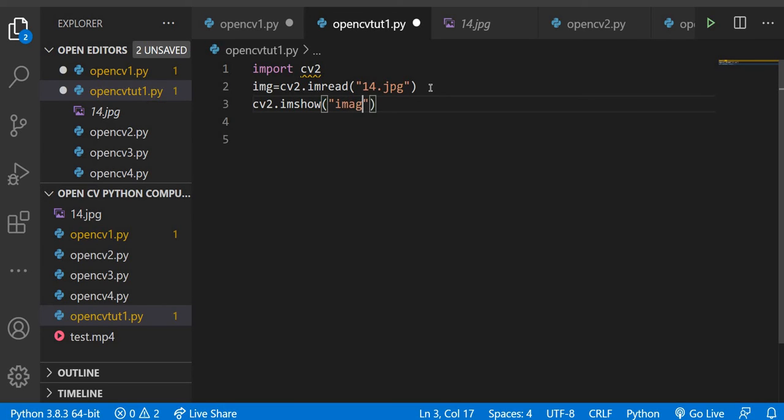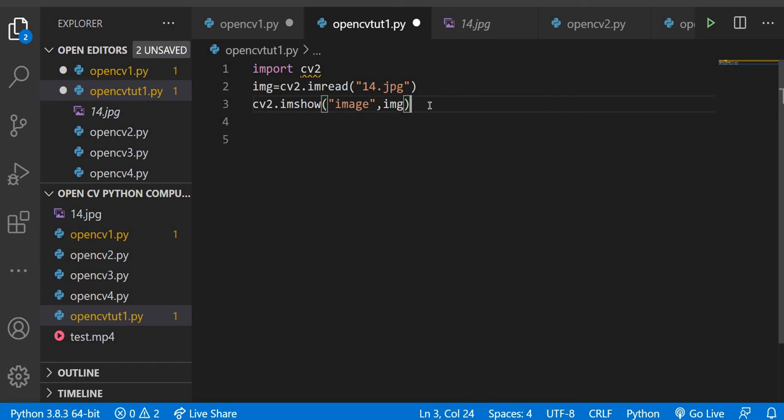The first parameter is the name of the window when the image appears. I will write image only, and after that we will pass this particular variable, that is img. So we have successfully imported the library, used the cv2.imread function to read that particular image, and now we are showing this image.